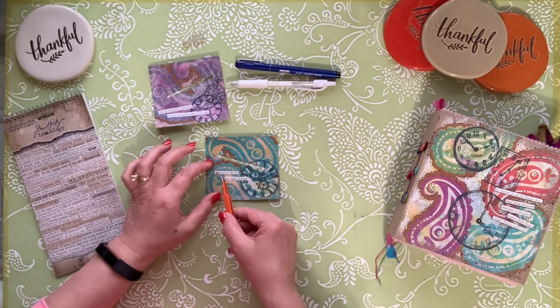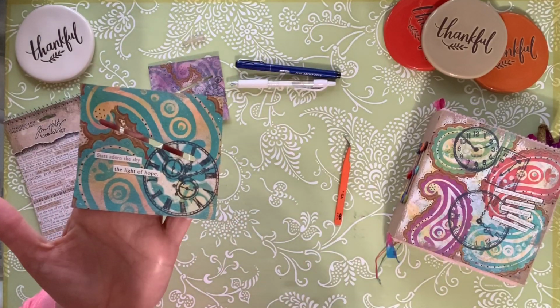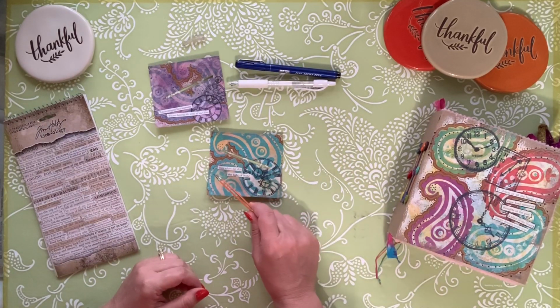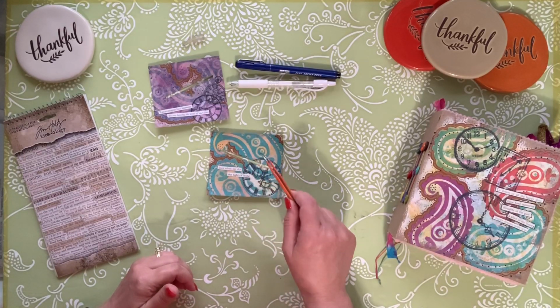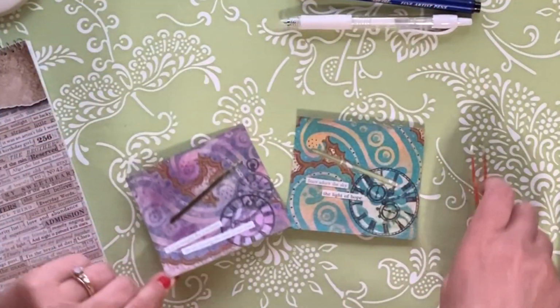That works. And this one says, "Stars adorn the sky, the light of hope." And I have some little star stickers that I'm probably going to just sprinkle around that. I may follow this line in with them. And then the last step